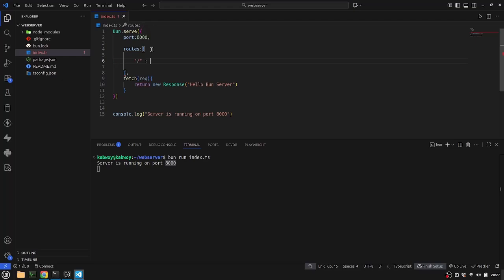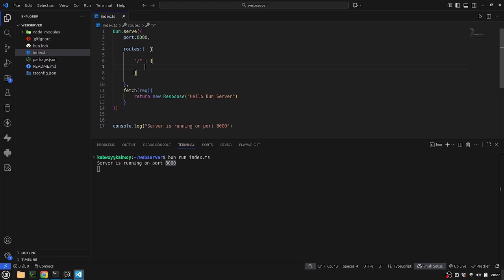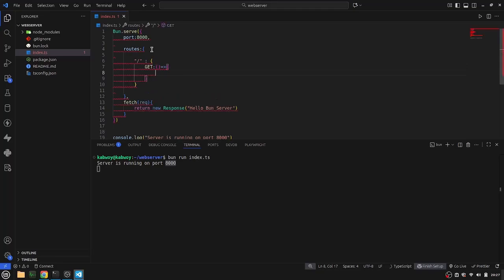Then over here you pass in another object literal. Here is where you define either it's a post request or a get request. So we can first see the get request, then give it a function as its value, like that. This get request, similar to the fetch function here, expects you to return a response. This will match if someone visits the root route or the slash, it will first execute this if it is a get request. So I can return